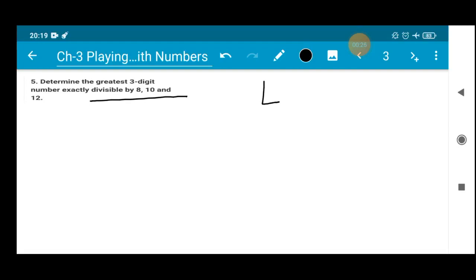So multiples we are going to find only through LCM, the lowest common multiple. Whenever we do so, only then will we get the answer. By doing the HCF, we won't be getting the answer. So let's do the LCM. Let's find out the LCM of these numbers. So the given numbers are